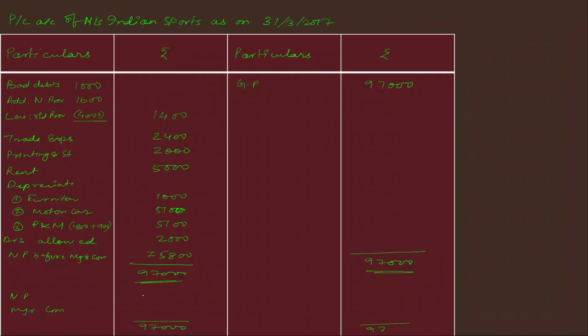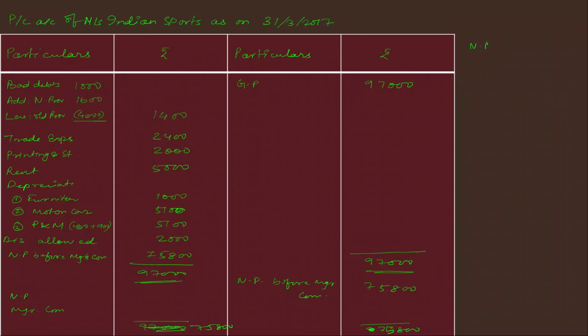Oh sorry, 97,000 I wrote. This net profit I have to carry it down. So net profit before manager's commission, here I have to carry it down, that will be 75,800. So both side it will be 75,800. This side also 75,800. Okay, now I don't know the manager commission and NP, but they have told it that whatever the net